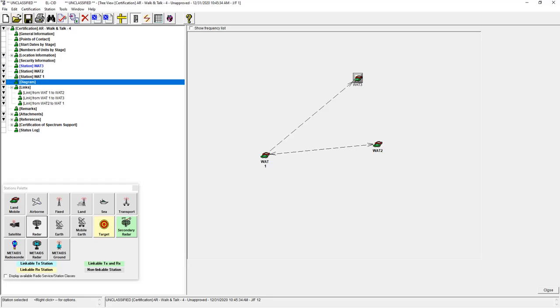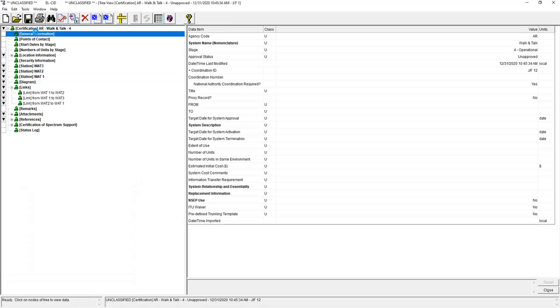With the line diagram started, we can now move on to add our equipment to our system. We will come back to the diagram later to finish it. Add general information to your certification record by selecting the General Information tab in the tree view to the left-hand side. Begin to enter appropriate information that you have for the certification record. Remember, bold fields are required fields. Simply click on a field and use your keyboard to enter data, or in some cases use a drop-down menu